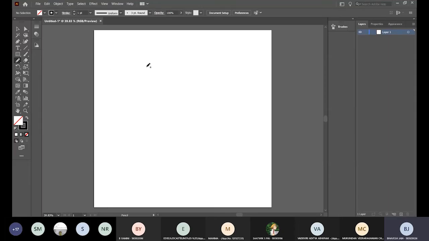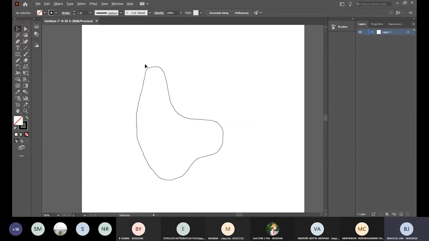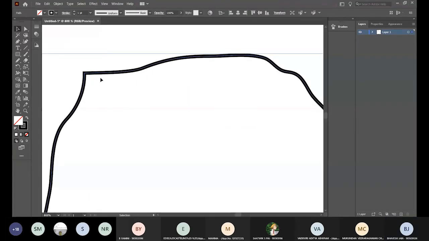Okay, one quick thing. Right now you're seeing an asterisk-like symbol near the pencil, correct? Is that visible? Yes. Okay. So now I'm drawing. That asterisk is still visible, but the moment I come towards the close, you see there's a circle there. That indicates that you're going to close your shape. If I leave it, we now have a closed shape. See, the edge is joined.